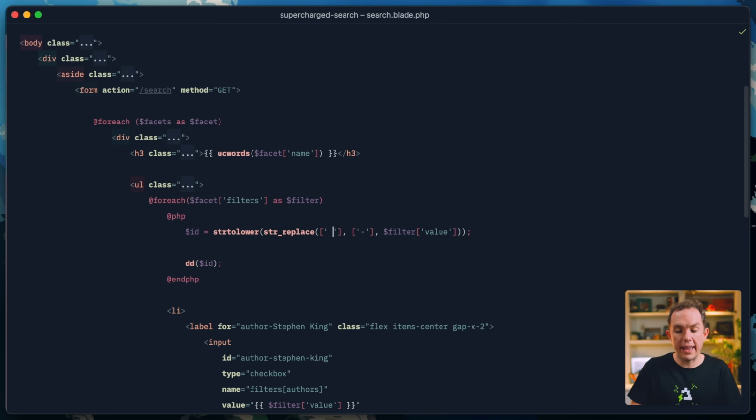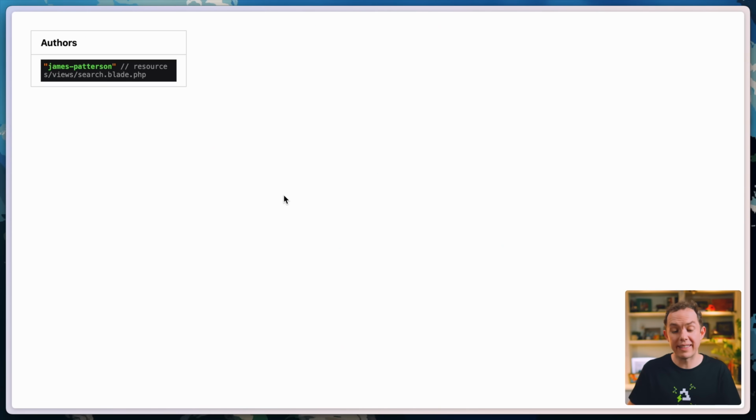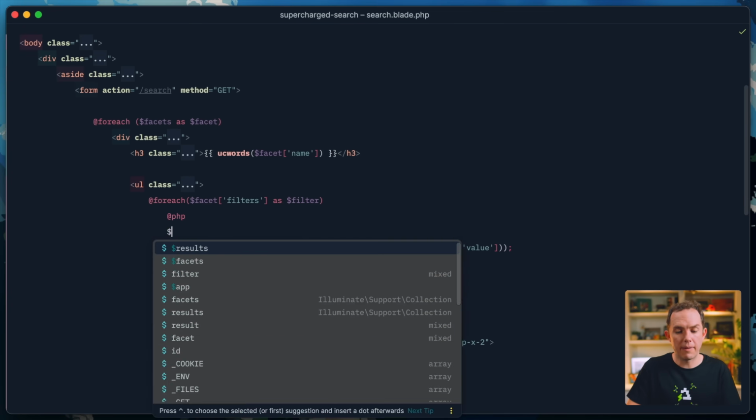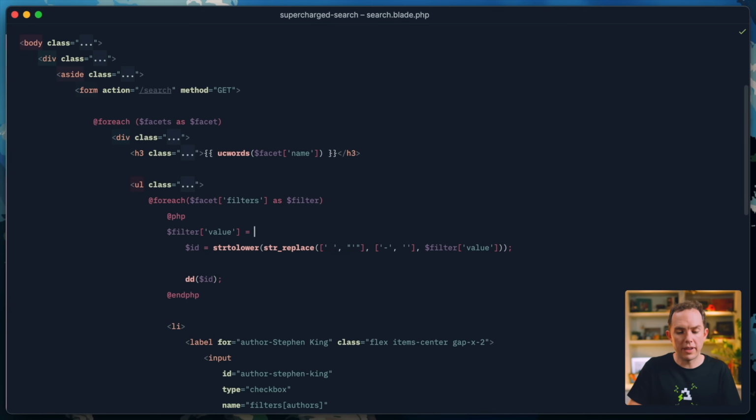You could say look for a space and replace it with a dash. For the second item in the array, search for an apostrophe and replace that with nothing. So that would be a way to do multi-search and replace. Come back, refresh, we're still going to get the same thing, but imagine that filter value was like James,